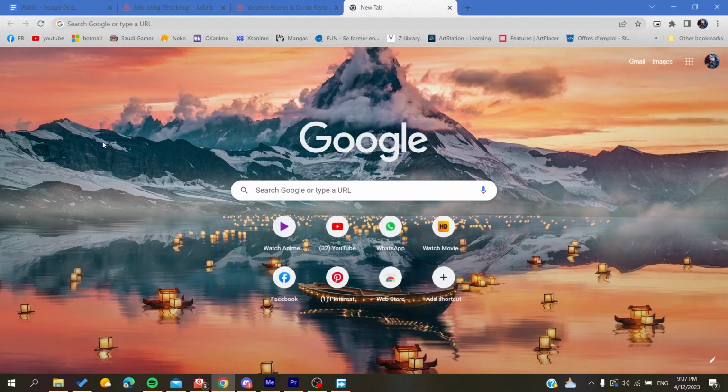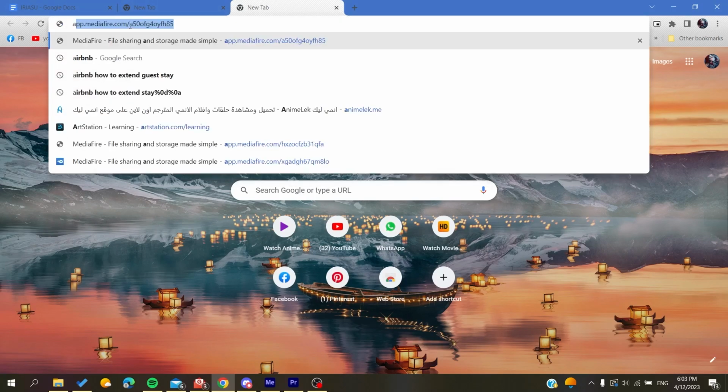In today's tutorial I'm going to show you how to receive your money for hosting on Airbnb. So the first thing to do is to go to your browser, either it was Google Chrome, Mozilla Firefox, Microsoft Edge or any browser, and then you will need to go to